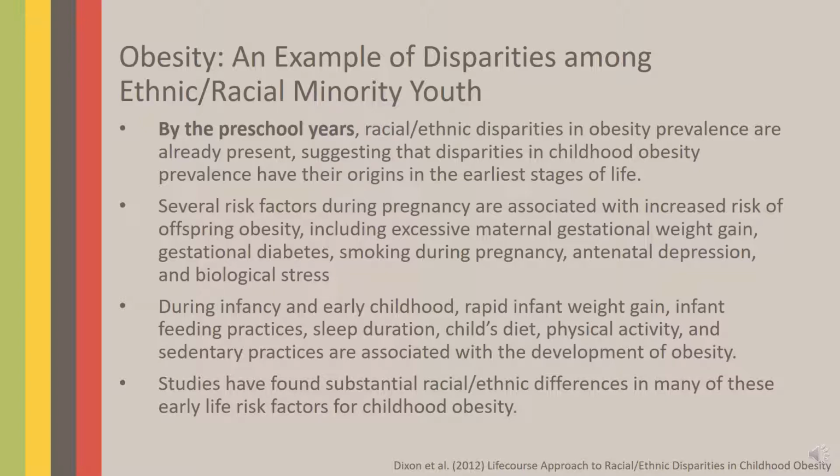Conversely, Black and Hispanic children had lower odds of protective factors, including exclusive breastfeeding and sleep for more than 12 hours per day during infancy. These findings help to explain disparities in early childhood obesity rates, while justifying the need for early childhood interventions that reduce these disparities. Meanwhile, several studies of older children have found that obesity-related risk factors are also more prevalent among racial, ethnic minority youth. Previous studies have found higher levels of TV viewing and more televisions in the bedroom, higher consumption of sugar-sweetened beverages, increased fast food consumption, and lower levels of physical activity among ethnic youth compared to white youth.